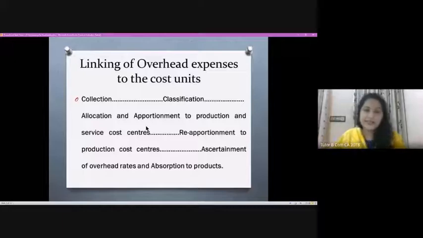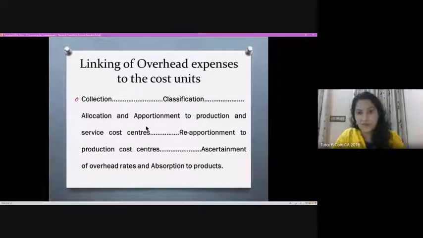Right. In our last class, we were discussing how to account for overhead. During that, we discussed three stages. The first one is collection. The second one is classification. And the third one is allocation and apportionment. And we said during the collection stage, we are just taking an account of which all will come under the